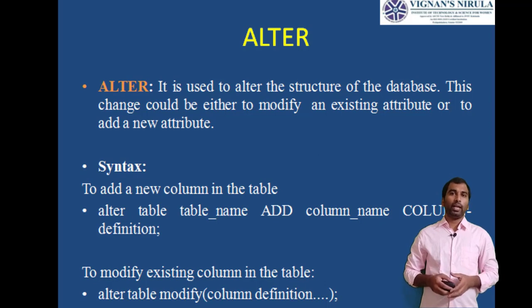So in order to add a new column, you can use the following syntax. Using the alter command, we can add a column to any existing table. The below one is an example of an alter command. The next one is to add multiple new columns. Using the alter command, we can even add multiple new columns to any existing table.